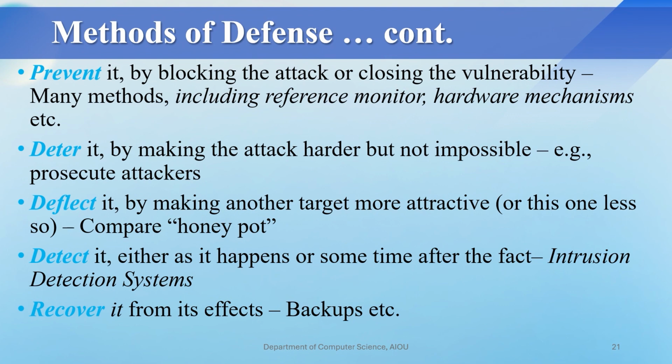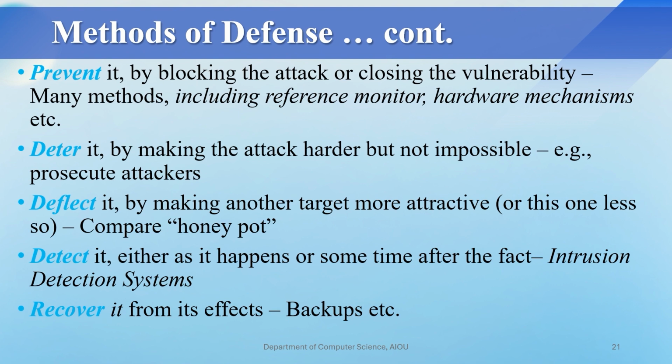Deterrence means to make the system so hard that an attacker cannot easily attack it. The third one is deflect it, by making another target more attractive. This means that one system has many resources. The system resources that are priority-based are stored on one side, and we make another side look very important. Detect it,